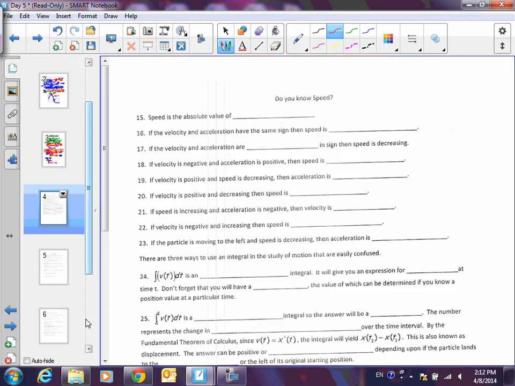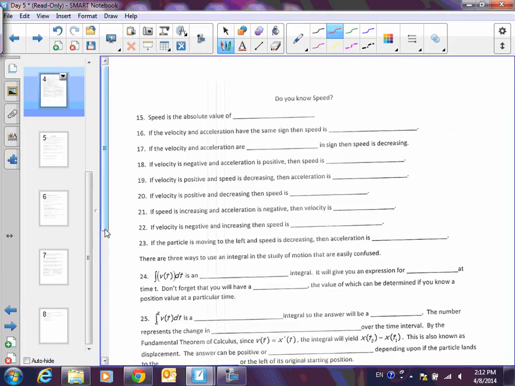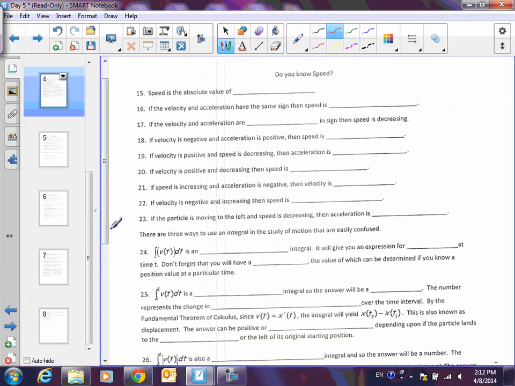So do you know speed? I'm going to go over the first 3, and then I'm going to give you a minute to look at the next ones. So speed is the absolute value of what? Velocity. Okay, we know that. If the velocity and an acceleration have the same sign, both positive or both negative, then speed is increasing. That makes sense, at least for both positive. Both negative would be like on that last graph when the slope was going down and you were below the